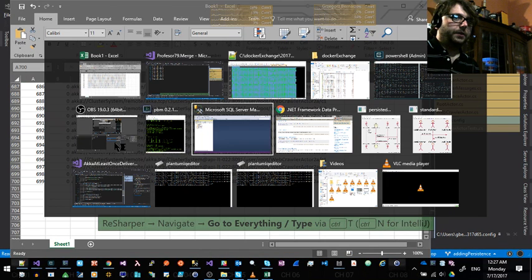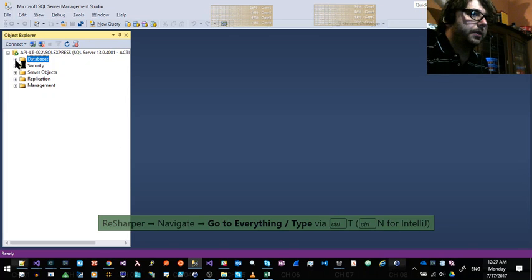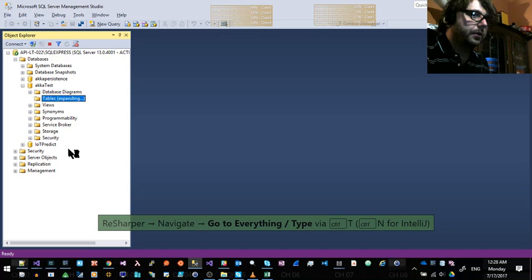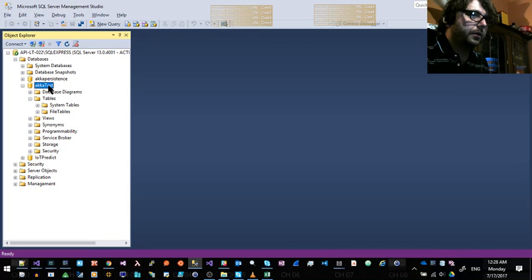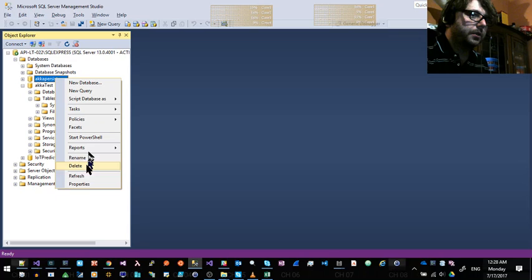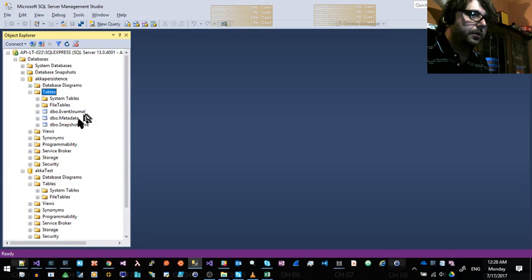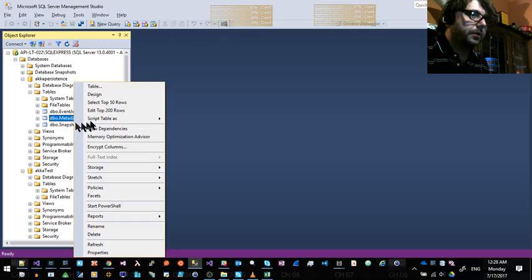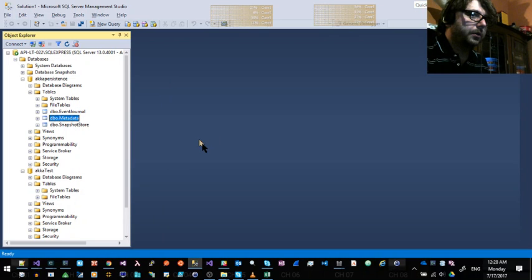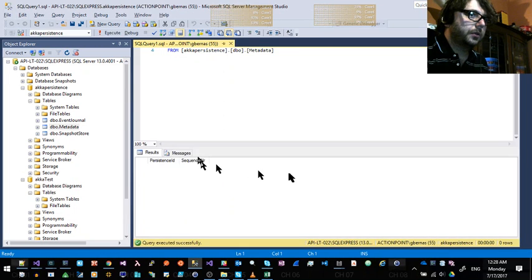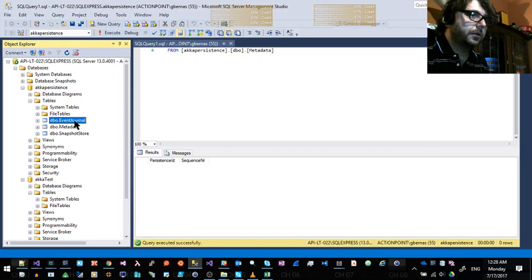What we can see also in the SQL Server, in the database, that our actor snapshot